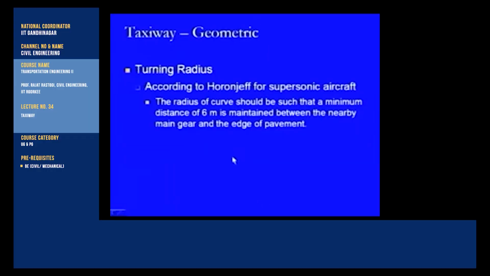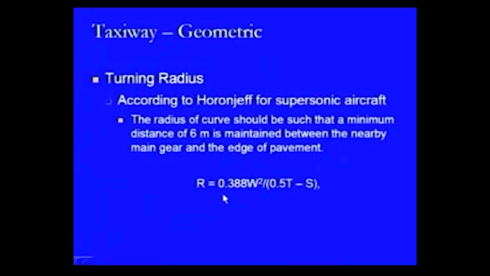So, what we found is that according to Horonjeff, for supersonic aircraft, the radius of curve should be such that a minimum distance of 6 meters is maintained between the nearby main gear and the edge of pavement. That is the premise, the principle or the concept being taken by Horonjeff. So, clearance is 6 meters, and in this case the radius is given by 0.388 W squared divided by